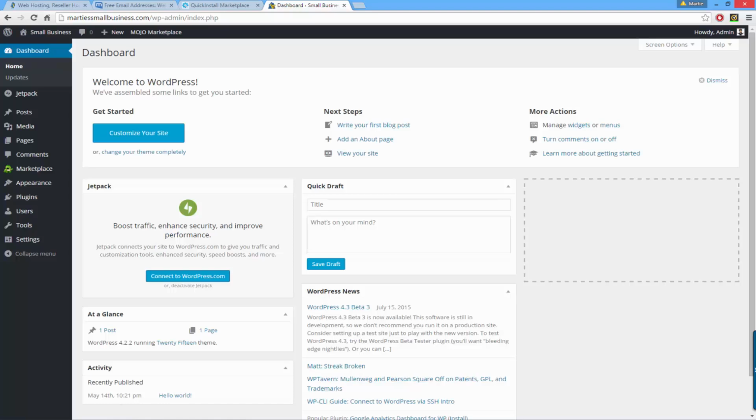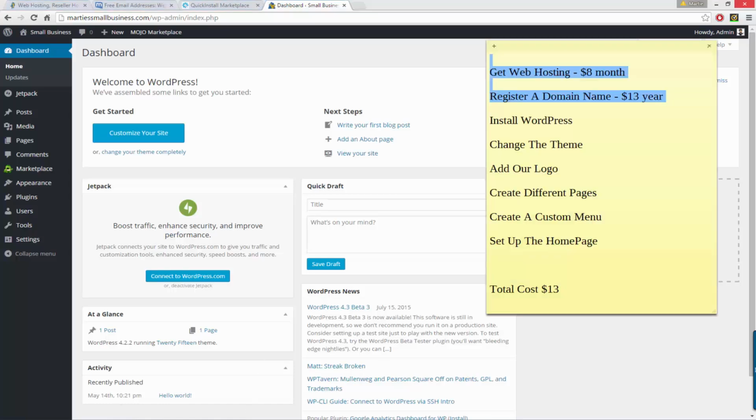I just want to take a second to open up our checklist and we can see what we've done and what we need to do next. So we've got our web hosting, we've registered our domain name, we've installed WordPress, and now we're going to change the theme. So before we change the theme, we can just have a look at what the website looks like